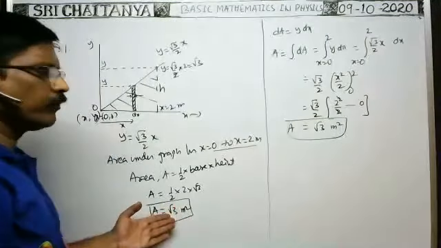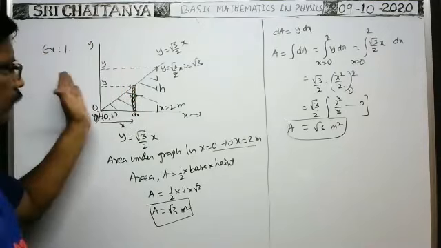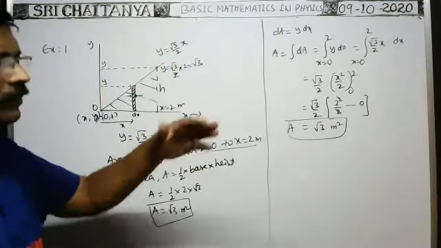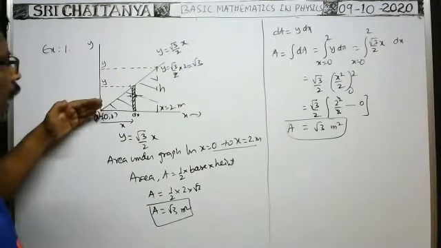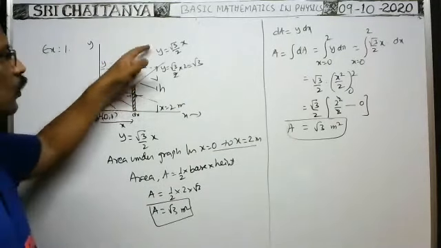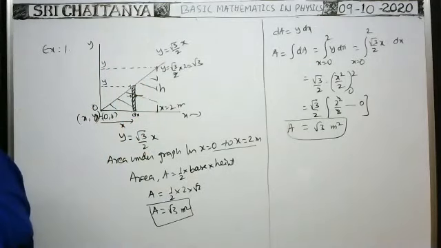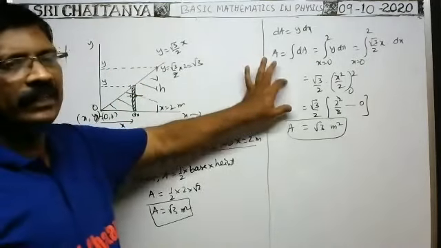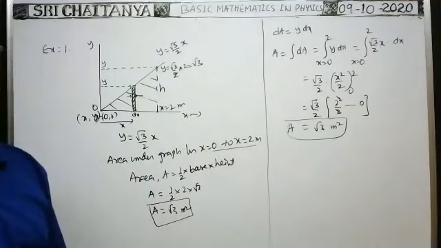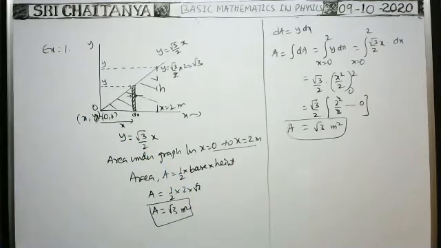We got the same answer now. That means when you do it by the integration method or by the direct method, you will get the same. Of course, in this case, we can do it by the direct method. But suppose the graph is a curve; in such cases we cannot find the area under the graph directly. In such cases, we need the integration method. I will show that example also. Now you see the example.